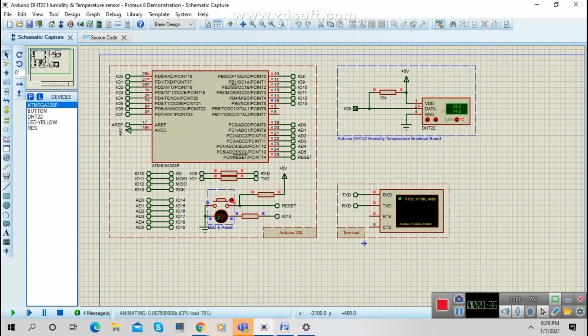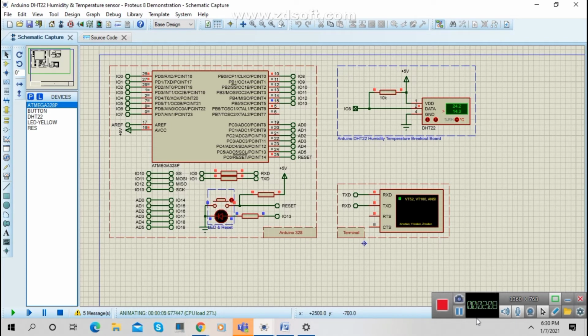As we can see, this is the LED and there's a reset option. This is connected to the output, that is IO13. So now let me run this. After running, as we can see, it blinks on for 1 second, and for the other 0.5 seconds it is off. Here there may be a delay of 0.25 seconds or 250 milliseconds because this is not an ideal sensor, so there may be some delay as shown.